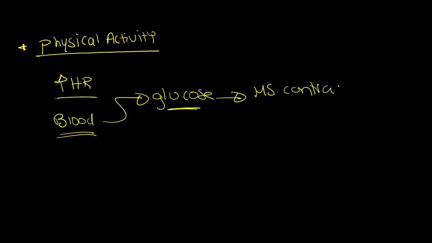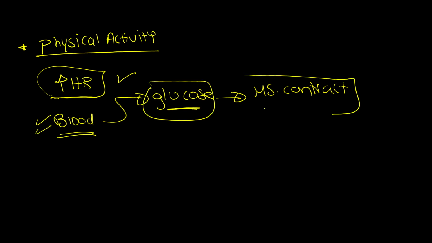When you come to solve paper 4, you will see that these are the keywords that have to be in the answer. The heart rate will increase. This is one mark. To provide faster blood, this is another mark. For glucose, the glucose is needed in muscle contraction because the glucose is also a raw material in respiration, whether aerobic or anaerobic. The glucose is going to allow the muscles to contract because I want to contract my muscles because I want to exercise. Also, the fast circulation of the blood provides glucose and it also removes waste products.